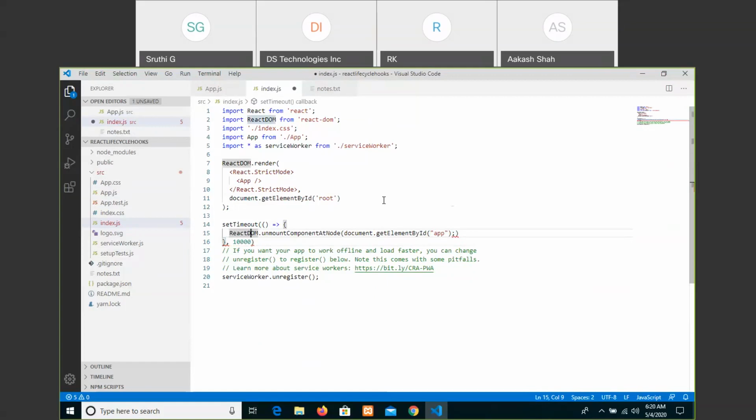So ReactDOM unmountComponentAtNode document.getElementById, then